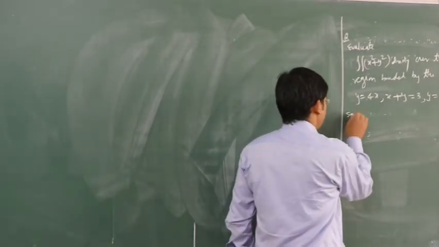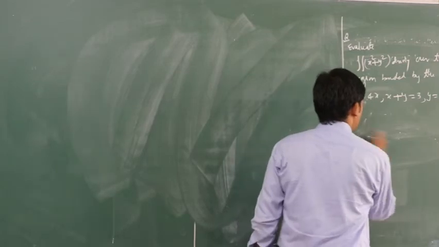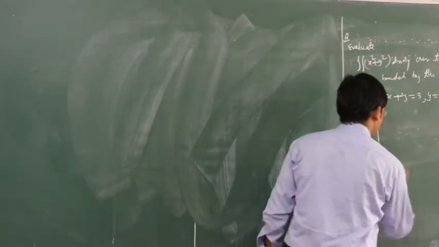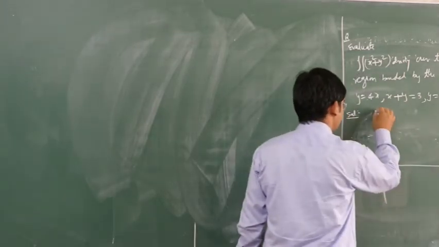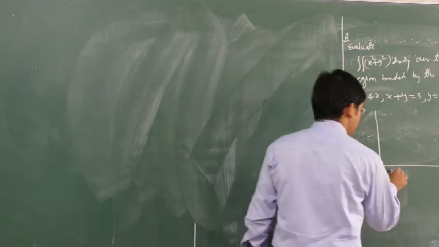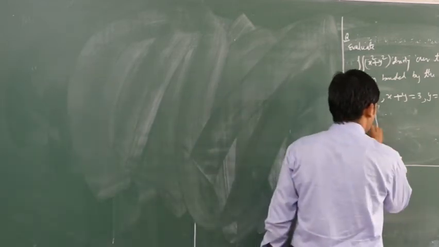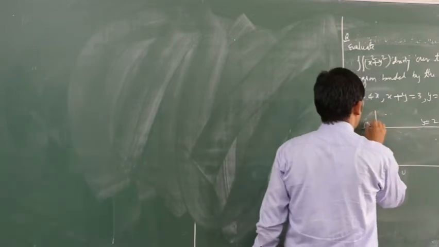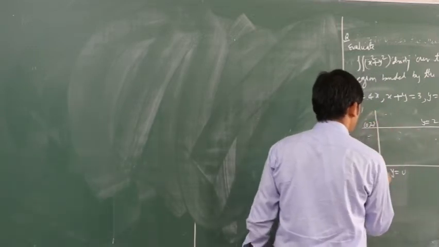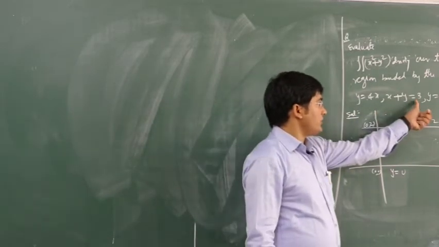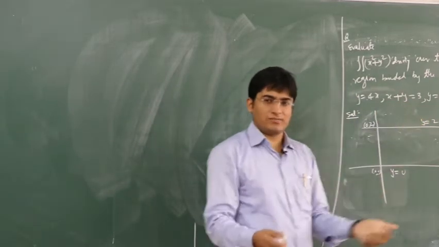So our solution, now let us draw the region. So say this is your origin, your y equal to 0 will be this line, your y equal to 2 is this line, say this is your 0, 2, and this is your 0, 0. So we have drawn 2 lines. Then your x plus y equal to 3, so this is your y equal to minus x plus 3,